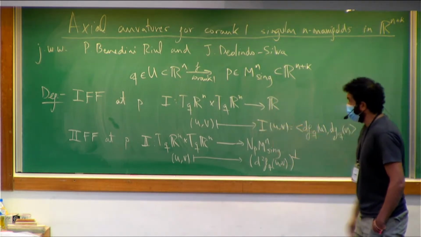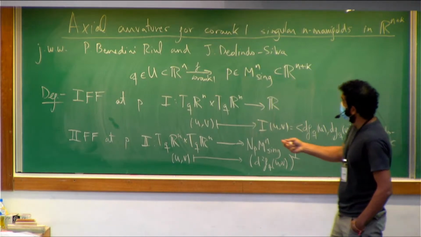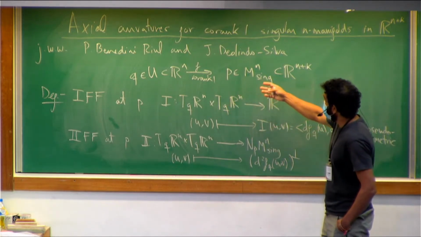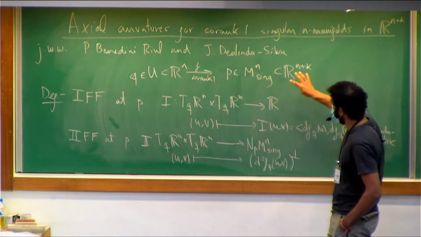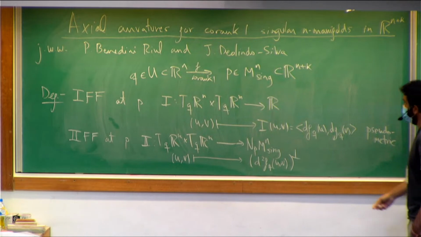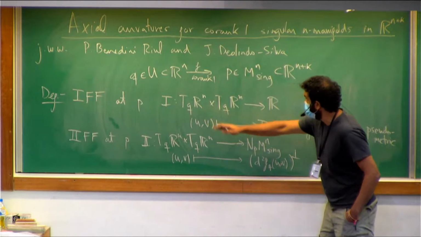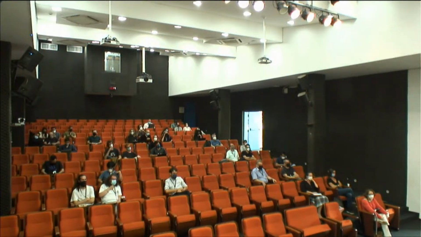So how do you define a first fundamental form at a singular point? What you do is you consider not the tangent space in R^(n+k), but the tangent space of R^n. And you define the first fundamental form of two vectors in the tangent space of R^n, not of the singular manifold, as the scalar product of the differential of f acting on u and the differential of f acting on v. Since f has corank 1, this does not give a metric, it gives you a pseudometric, okay? Because